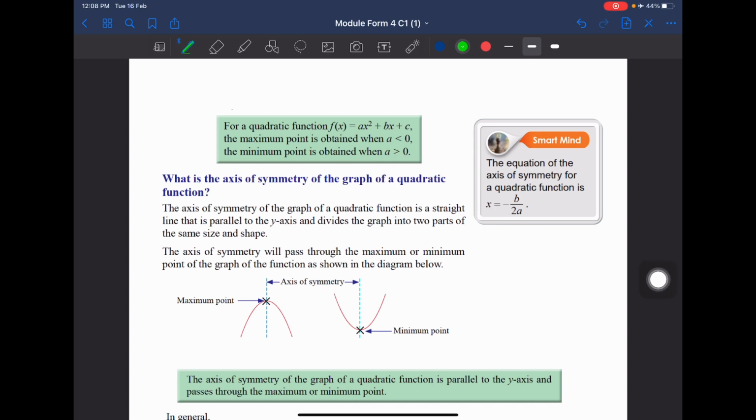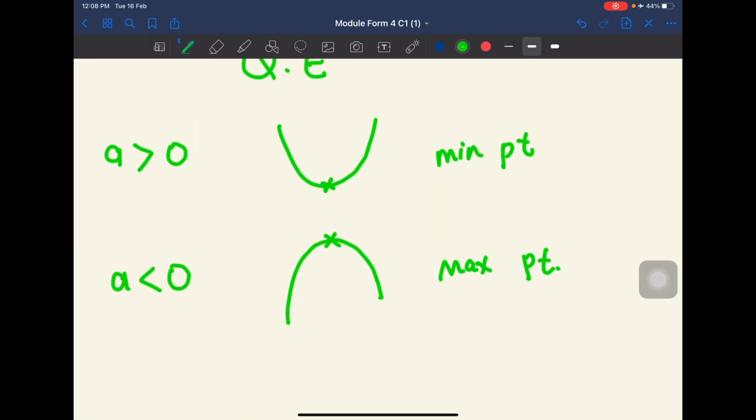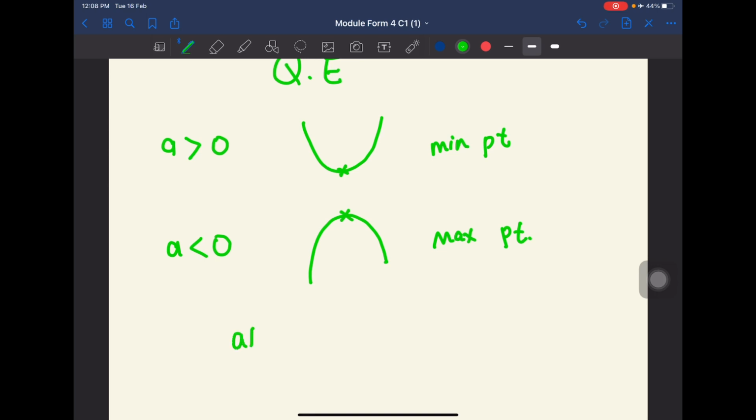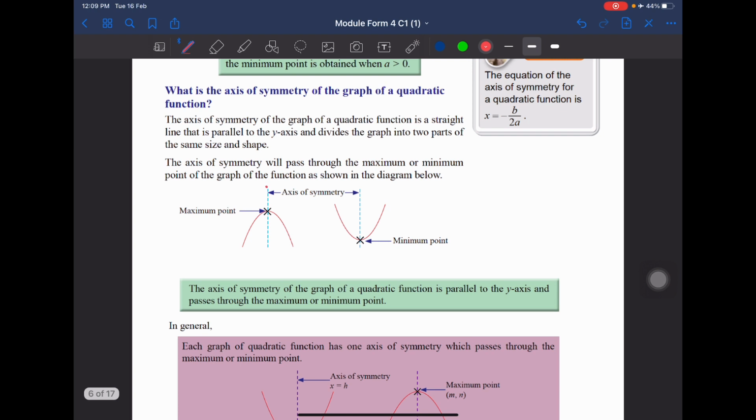Next, dalam quadratic equation ataupun quadratic function, kita ada juga something yang kita panggil axis of symmetry. Axis of symmetry ni sebenarnya adalah kita ada satu equation garis yang memotong tengah-tengah. Apa maksud memotong tengah-tengah ni? Dia bahagikan kiri dan kanan kita sama besar. Itu adalah